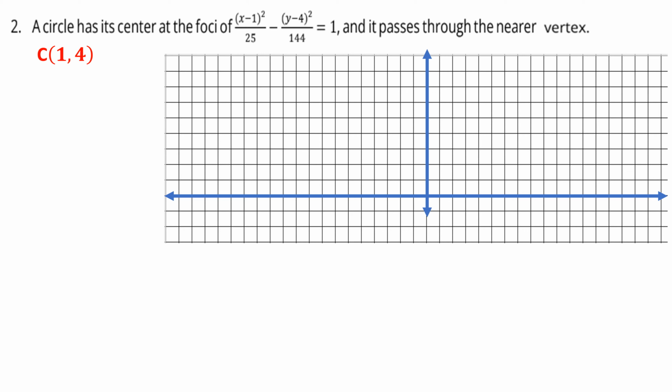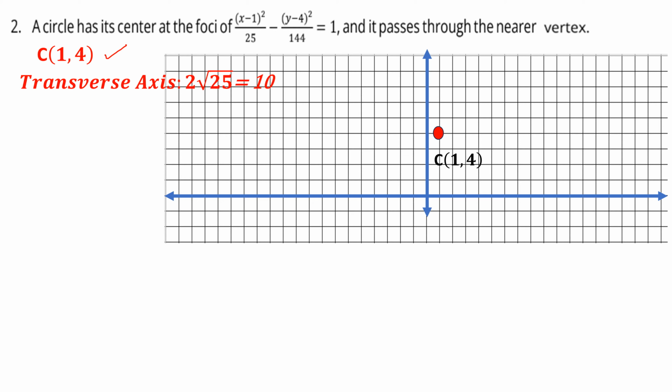Okay, so this time, (1, 4) is the center of the hyperbola. So the center of the hyperbola is being described by (1, 4). After that, we need to plot it, (1, 4). And then next, we need to know the transverse axis because the foci of the hyperbola